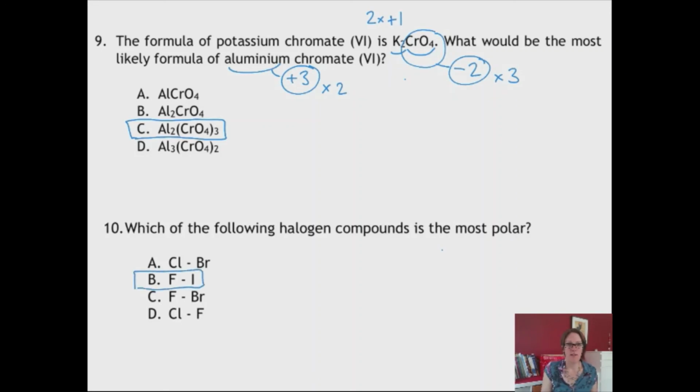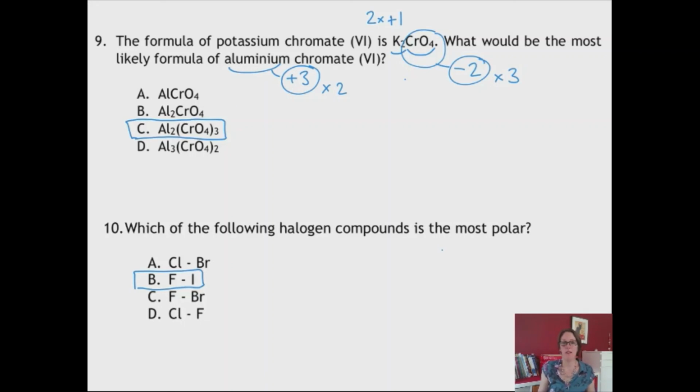Number 10, which is the most polar? I am just looking for the biggest difference in electronegativity, and electronegativity decreases as you go down the group, so I need to pick the 2 elements that are furthest apart in the group. Fluorine's at the top of the group, iodine's at the bottom. So that's how I know it's the most